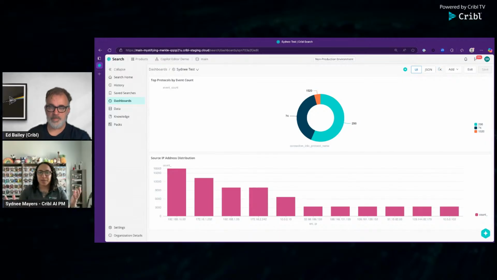So you have a couple different mechanisms. You can go through Cribl Community. You can go through your account team if you're an existing Cribl customer, or you can leave us feedback through the Copilot widget. It does have the ability to do thumbs up, thumbs down, and then descriptive feedback as well.